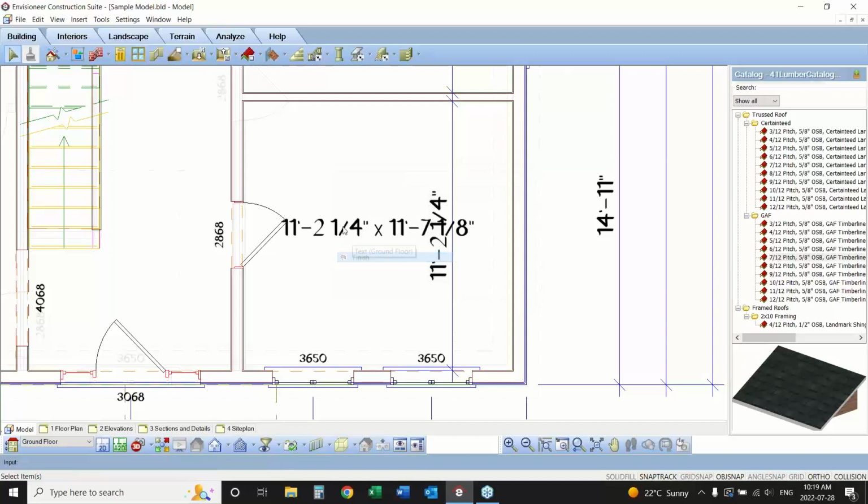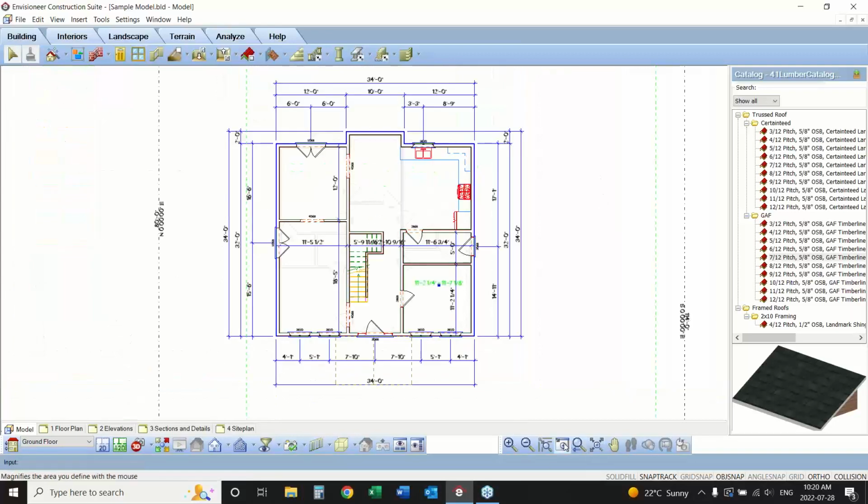And that dimension comes into the room. And that text, I can move it around if I need to. So that's just going to show me the overall dimensions of that room. Okay. We also have another dimensioning tool that we can use, and I'm going to zoom window in this back